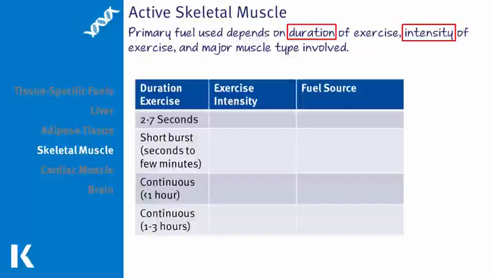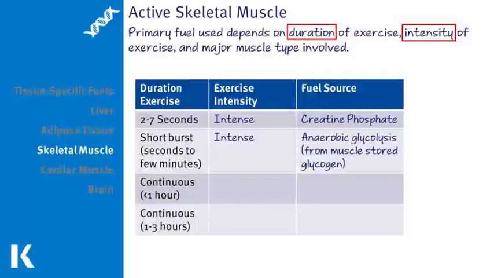This information can be organized into a table to help you recall it on test day. For short 2 to 7 second durations of intense exercise, the fuel source is creatine phosphate. Intense exercise of either seconds to minutes uses stored glycogen in anaerobic glycolysis. For less intense, more moderate exercise of continuous activity, glucose and fatty acids are used as a source of energy